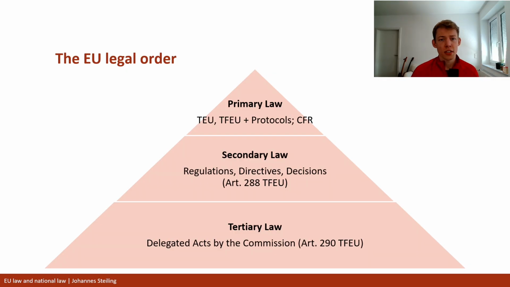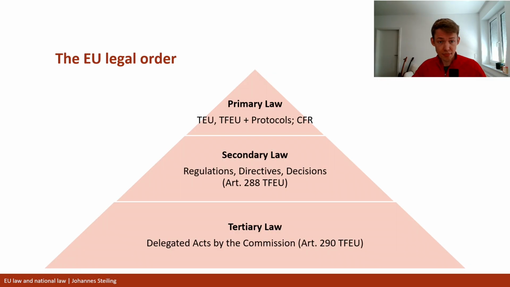And also Article 6 of the Treaty on European Union tells us that the Charter of Fundamental Rights, which was put into place later, actually also has the rank of primary law. So it has the same rank as the treaties. If you were to compare it to a national order, you could think of this as the constitution of the EU, like the treaties and the Charter of Fundamental Rights, like you would have in a lot of constitutions. But obviously, since the treaty hasn't passed, we don't call it the constitution. We just call it primary law, the treaties.